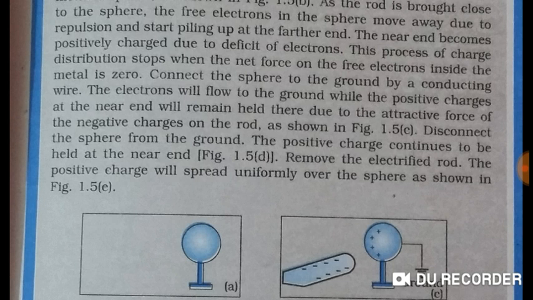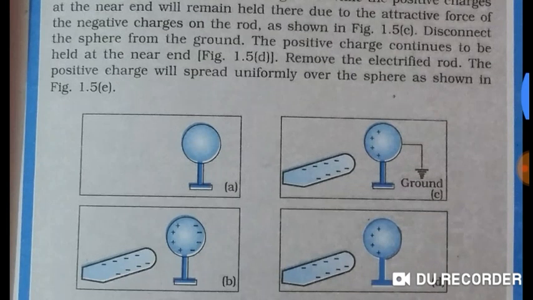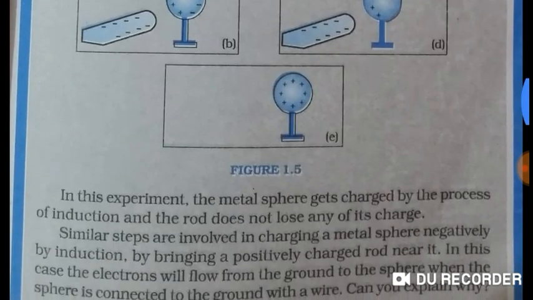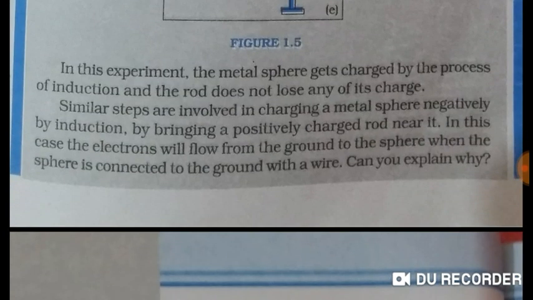Remove the electrified rod. The positive charge will spread uniformly over the sphere as shown in figure 1.5e. In this experiment, the metal sphere gets charged by the process of induction and the rod does not lose any of its charge. Similar steps are involved in charging a metal sphere negatively by induction by bringing a positively